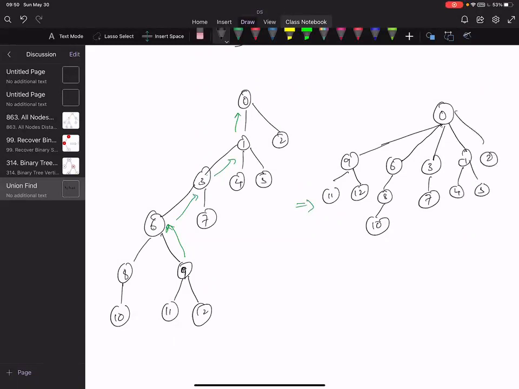So what I did is that once I found that 9's parent is 0, I went ahead in that path again, and 9's parent is 6. 6 I will make a child of 0. Then 6's parent is 3. 3 I will make a child of 0. Then 3's parent is 1. 1 I will make a child of 0, which is already 0, by the way. So basically I am flattening whenever I do a find query once.